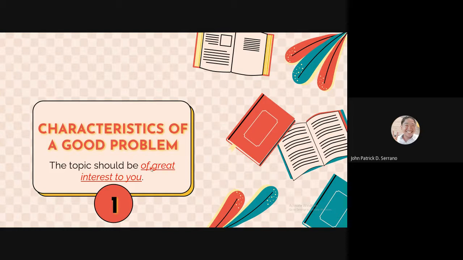O kunwari, dahil master teacher ka, at sinasabi ng master teacher, dapat taon-taon, dapat may research dahil nasa IPCRF ng master teacher yan. So, quote and unquote, napipilitan ka lang na gumawa ng research. Mahirapan ka na tapusin yan. So, you have to make sure that when you would have your study, we have your topic, it would be of great interest to you. Yung talagang gustong-gusto mo, yung talagang malapit sa puso mo. However, it does not necessarily mean that this would be anything under the sun. Baka naman kahit ano na lang dyan, ginawan mo ng research mo.